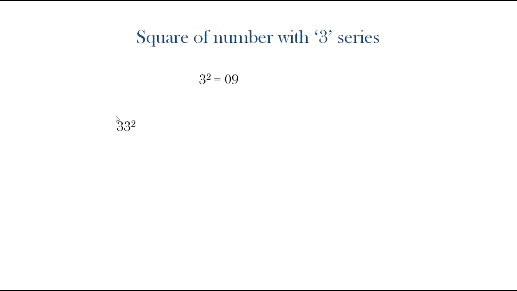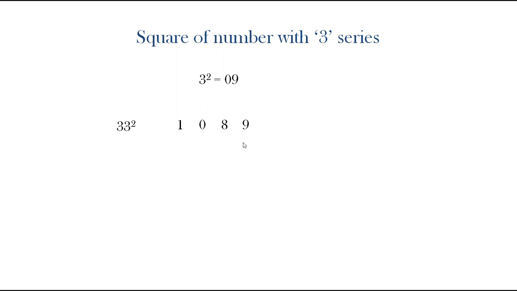To get the square of 33, what we have to do is write down this 9 in the units place as it is. Leave one digit before that and then write down the 0 in the hundreds place, and we will get another digit before this. To get this tens place digit, we have to decrement 9 by 1 and put it down to be 8. And to get this thousands place, we have to increment and put down here 1. In this way, we can obtain the square of 33.